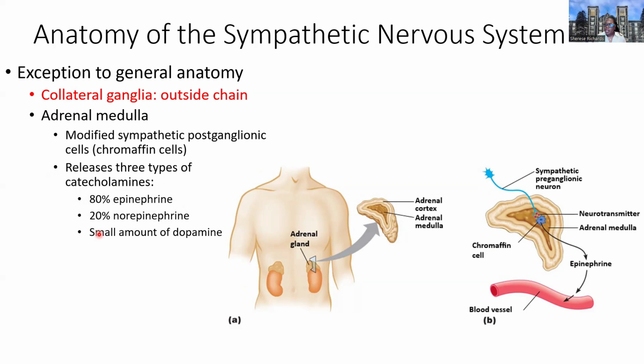And if you kind of zoom out and think about this practically, if you're in a fight or flight state, if you're being chased by a bear, it's a really delayed response to have signals going from neuron to neuron to give a sympathetic diffuse response. So the adrenal medulla allows for these catecholamines, especially epinephrine, especially adrenaline, to rush into the bloodstream, and that's going to give you a quick diffuse response so that you can run away from that threat, right? You can fight or flight or freeze, and you can have the appropriate sympathetic response very quickly.